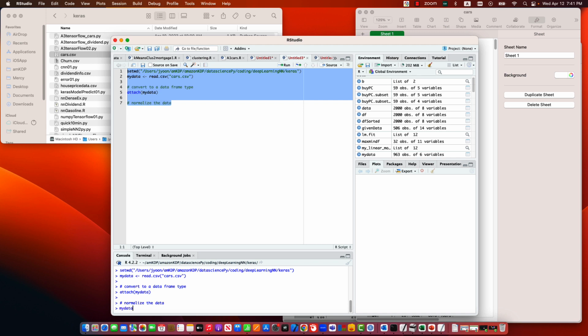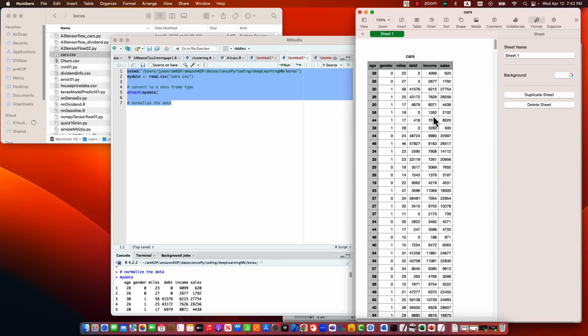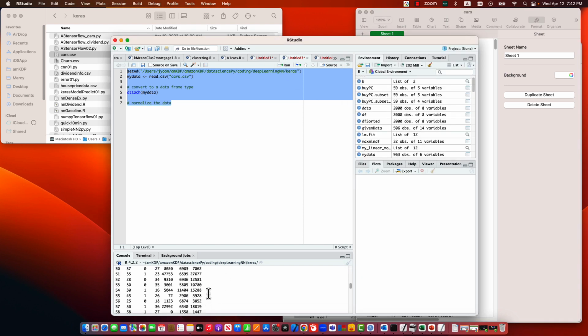My data, these are my data, right? From the car, I know now age, gender, miles, debt, income, and sales, which is exactly this. But right now it is in a data frame. The beauty of a data frame here in this case is that if I want to see